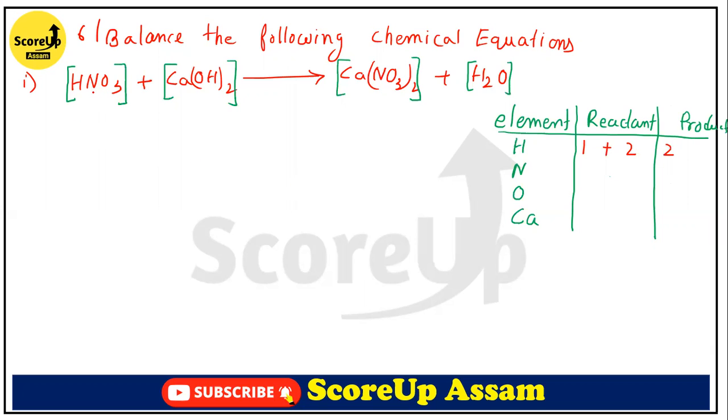Total number of nitrogen in reactant side here it is 1, and inside here it is 2. Product side it is 2. Total number of oxygen on this side 3 plus 2, 5, and product side 3 into 2 is 6, plus that is 1. Total number of calcium is 1. On the product side calcium is also 1. Okay. Now